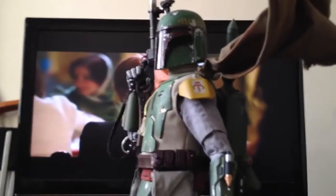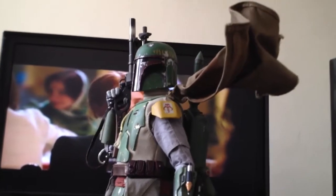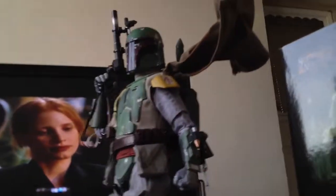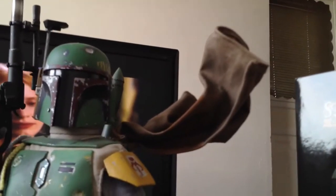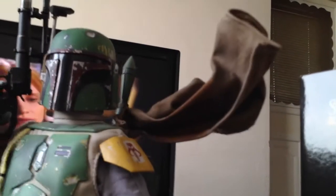And then just around, the whole look of the figure. What a superb figure this is. Got him in a kind of heroic type look going on. Cape is superb. Wires all around, as you can see. You can really get some articulate looks going on with the cape. Looks like it's just flowing in the air like...